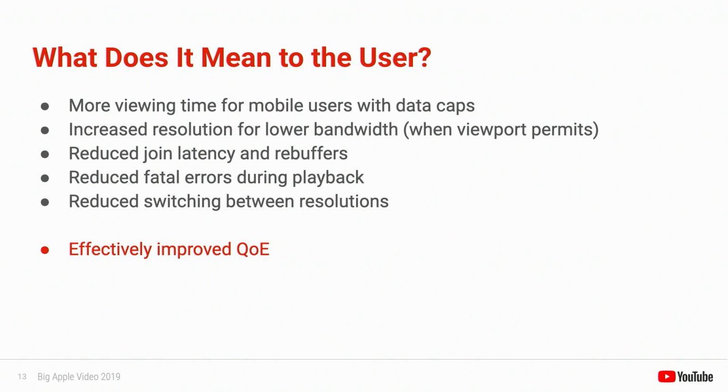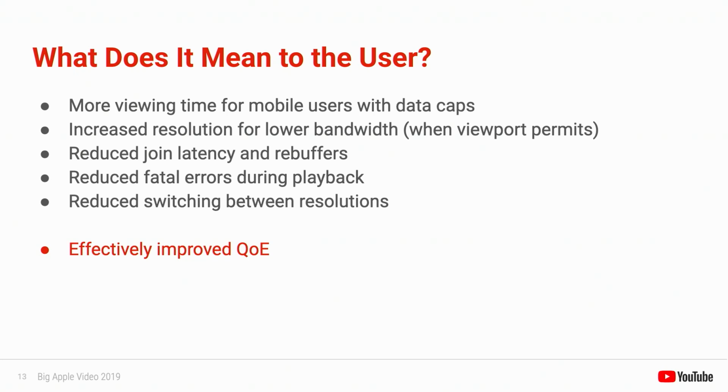So what's the effect for the user? Since the average streaming bitrate has been reduced, this means that the majority of users will be able to watch the same amount of video using less data. Users on mobile data plans with a data cap will be able to watch more video at the same cost. Conversely, many viewers will be able to watch videos at a higher resolution than they would have seen without RQO. So those viewers will be benefiting from improved video quality.